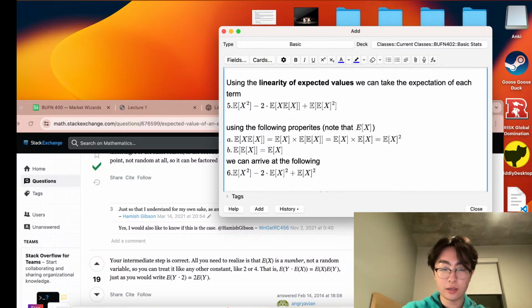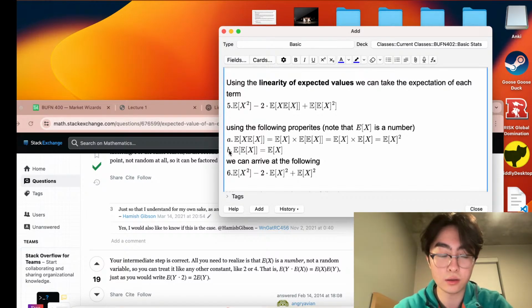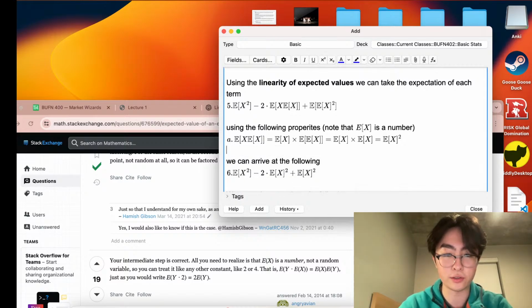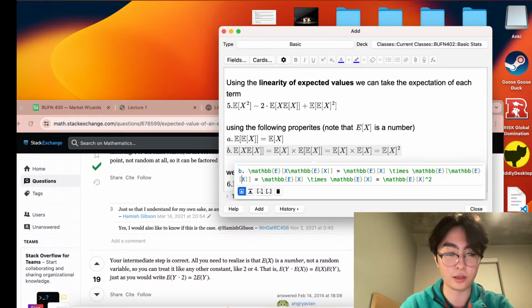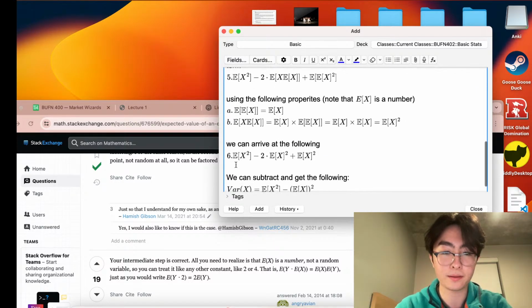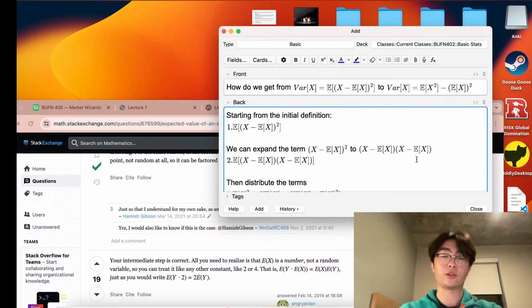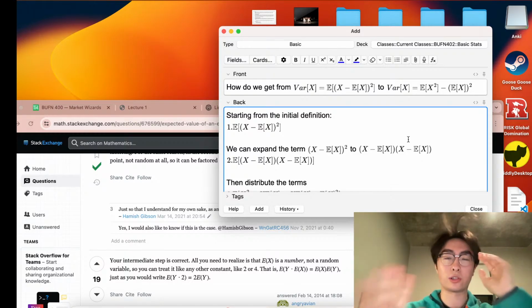Expectation of x is a number. So I think we should actually swap this. This should be the first. Yeah, this should be the first definition, and this is the second. Okay, nice. I think this is the final kind of mathematical jargon that we need to